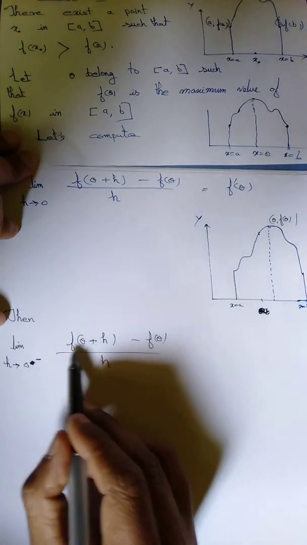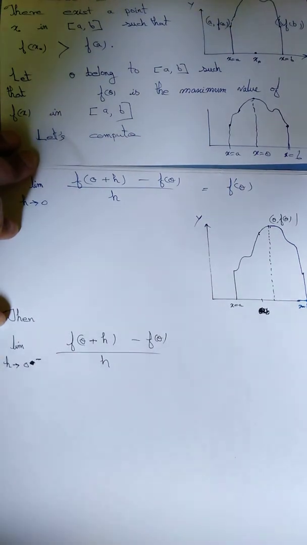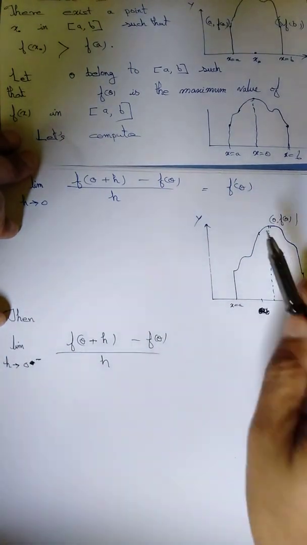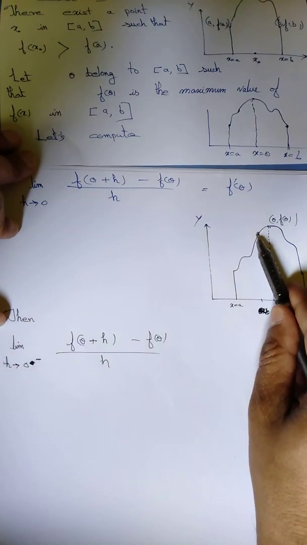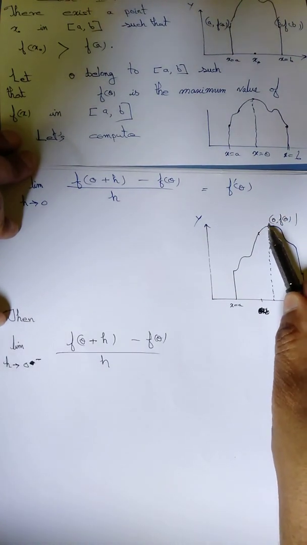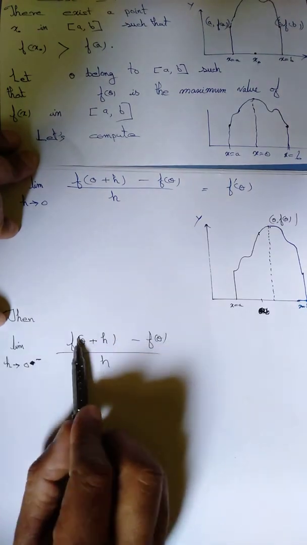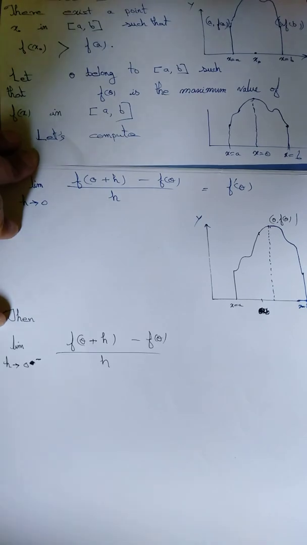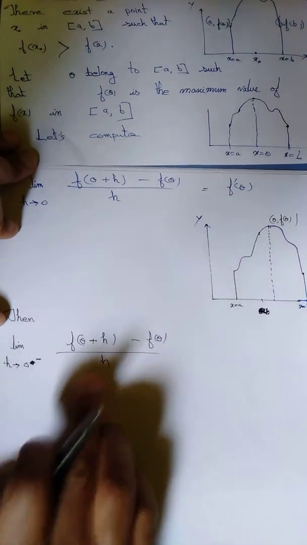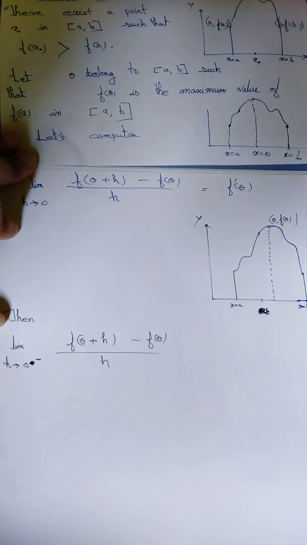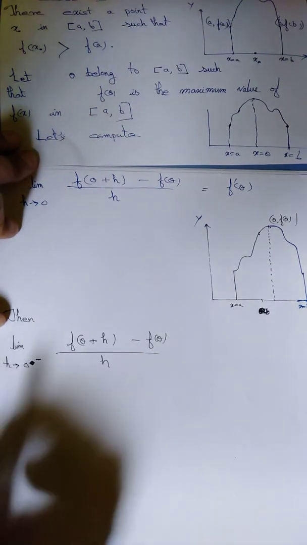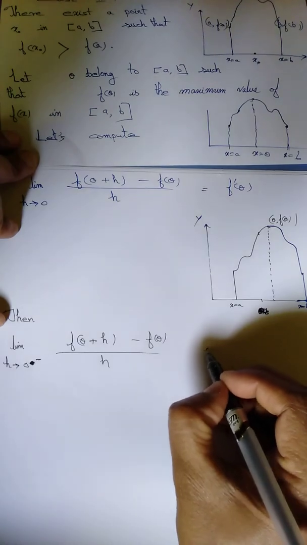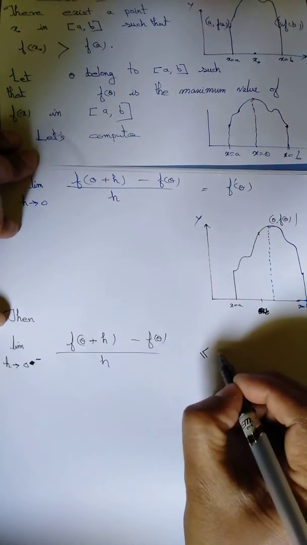So the numerator should be, this is smaller height, this is greater height, so this is smaller than this, so the numerator should be negative. What about the denominator? The denominator should also be negative because you are taking h negative, so this must be less than or equal to 0,